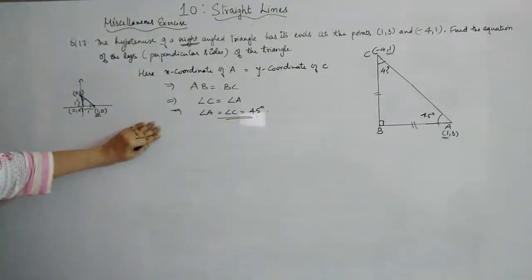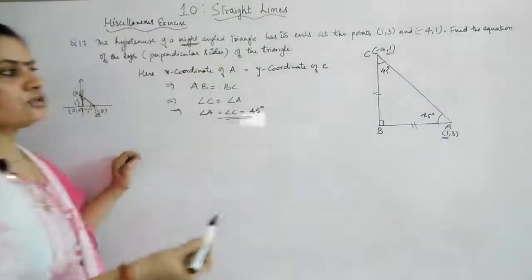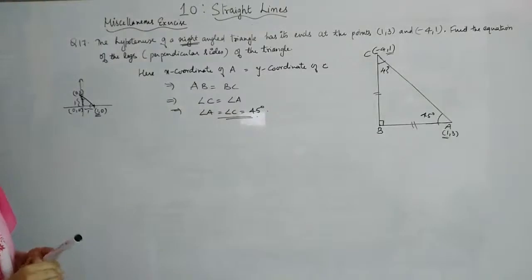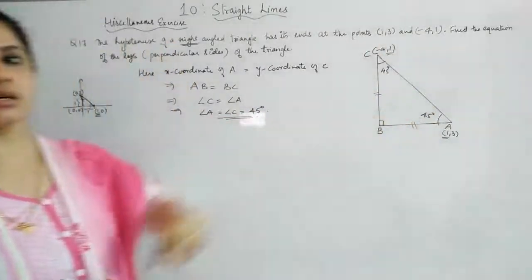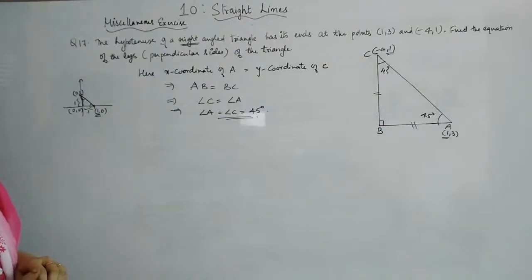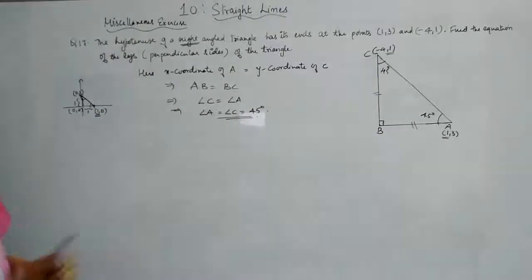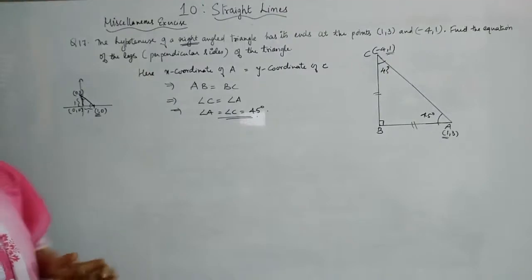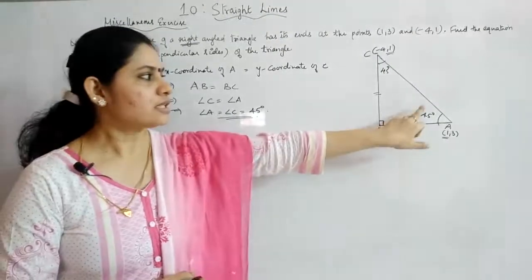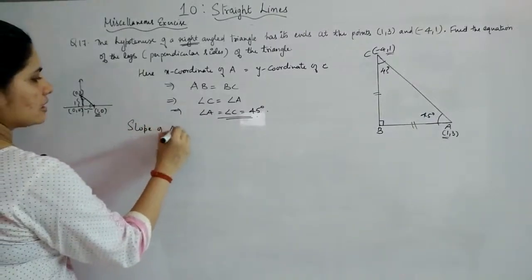Now what we will do is consider this as a line and this as another line, and you can just say that the two lines have an angle of 45 degrees in between, and you can find the slope of this line because you know the points. You can use your formula y2 minus y1 by x2 minus x1 to find the slope of AC, and that will act as one value of m, and you can use the tan formula to get the slope of the other line since the angle between them is also given. So first we will find the slope of AC.